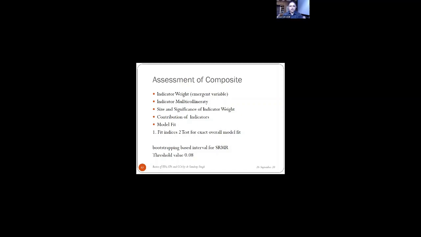Please remember this. I assume you know the basics about this because this is a high level workshop, EFA, CFA. You know something about it. Generally, when we coin the term SEM, structural equation modeling, it is made up of two things: confirmatory factor analysis plus regression. CFA has another name, it is called the measurement model, while for regression, the name is the structural model. So you may find in the books that SEM is made up of two, the measurement model and the structural model.